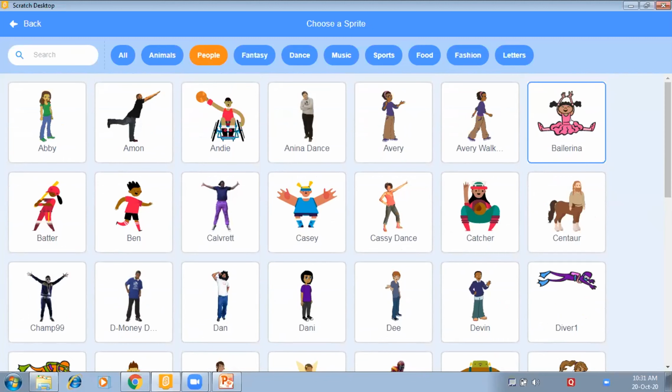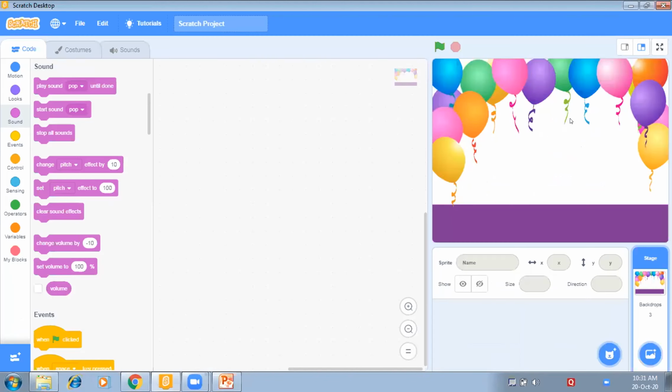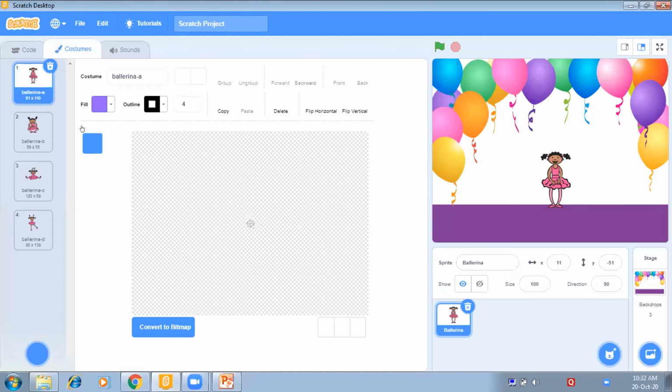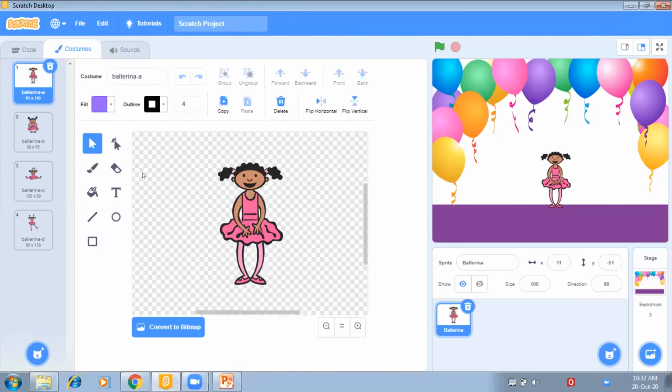So I am choosing this girl and I'll place her here. Okay, suppose I want to make some changes to the girl. So I'll go to the costume tab and do the required changes. Suppose I want to change the color of the girl.